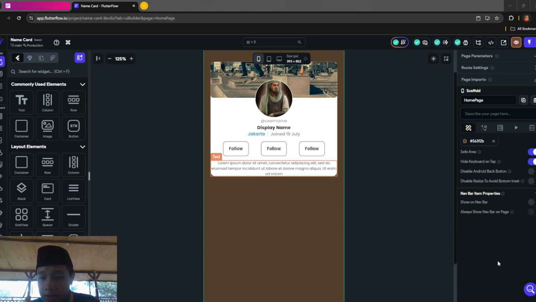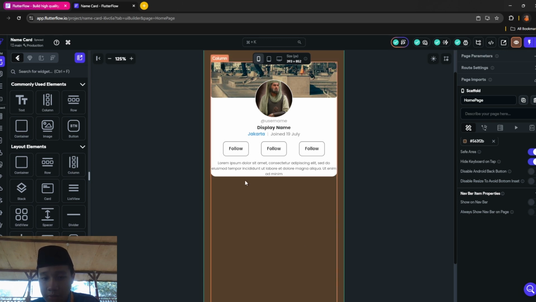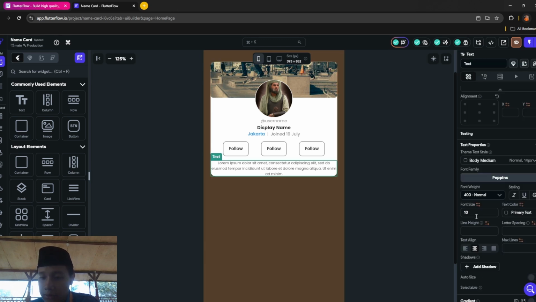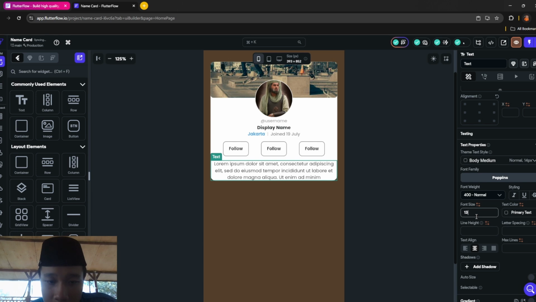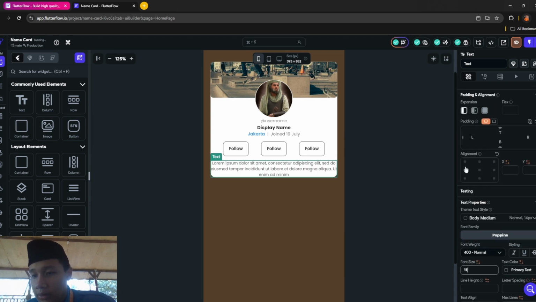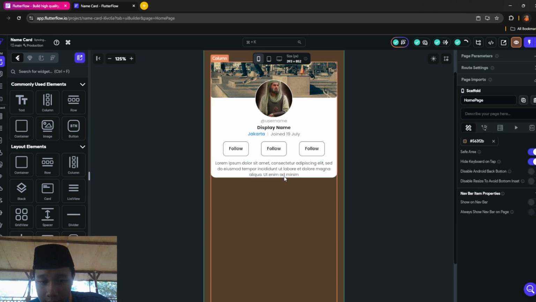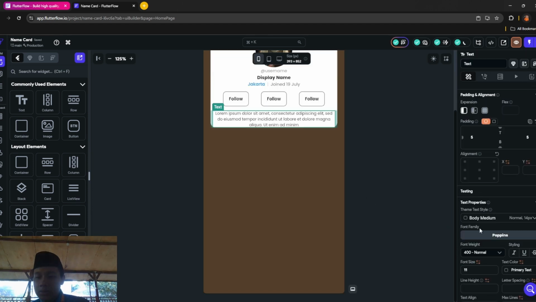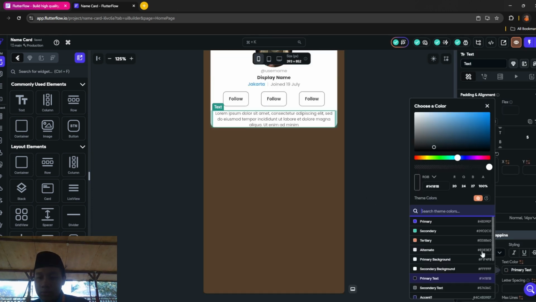It's going to be like this, or if it's too small you want to add the font size. Add a padding to make it look better, 5 like this, and then change the primary text color to gray, kind of gray like this.